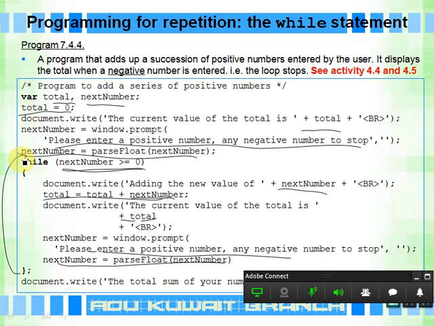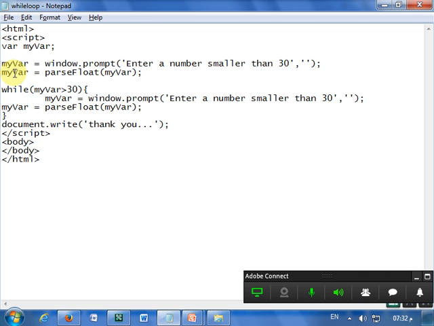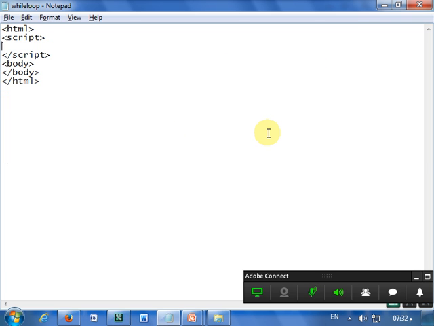So as long as you go on entering positive numbers, they will be added to the total and displayed. Once you enter a negative number, it will be stopped. So it will be something like this for our program. If you want to do it, I'll do it in the same script here. I'll take out this script and say var